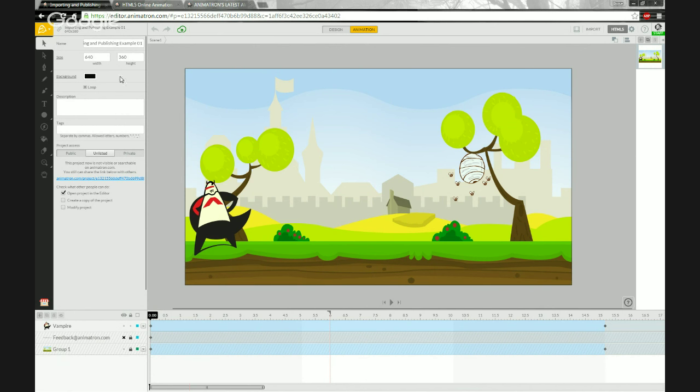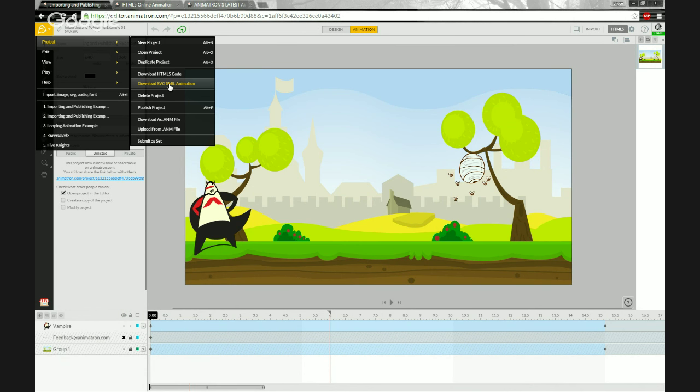Now I can move on to downloading SVG SMIL. So again, in the main menu, under the project submenu, and just under downloading HTML5 code is SVG SMIL. So there's only a few web browsers that optimally allow SVG to play, the animation itself to play embedded on certain sites. But certain web browsers are not looking at the SVG SMIL animation as prominently as other options, like HTML5, which is capable of being viewed across multiple platforms, like mobile devices, your PC, your